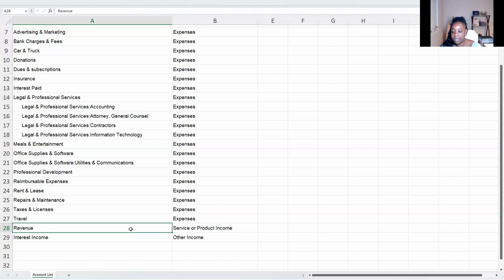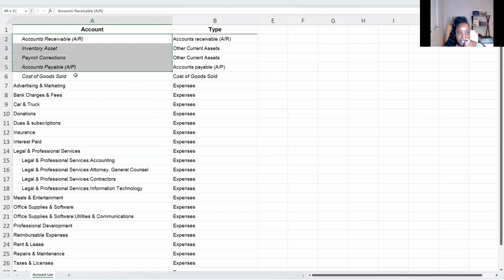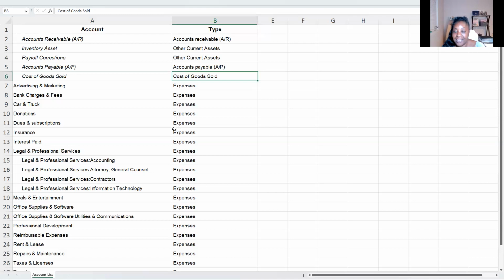And then we have our balance sheet accounts. I'm not going to go too deep into those, but these are some of the general balance sheet accounts: accounts receivable, inventory asset, payroll corrections, accounts payable. These two, of course, are some of the primary ones: AP and AR. And cost of goods sold, that's actually on the income statement. That is not a part of the balance sheet. In any case, that is a short overview of